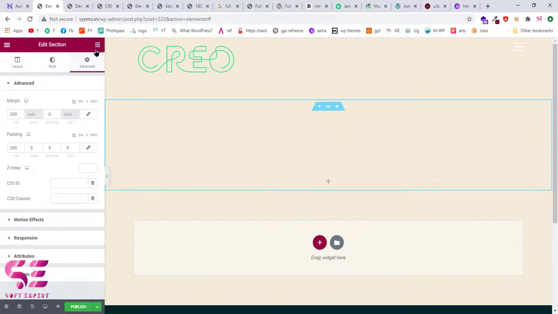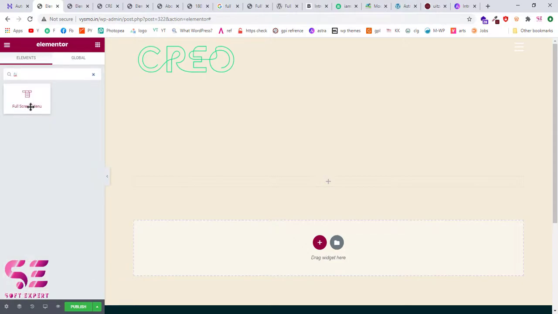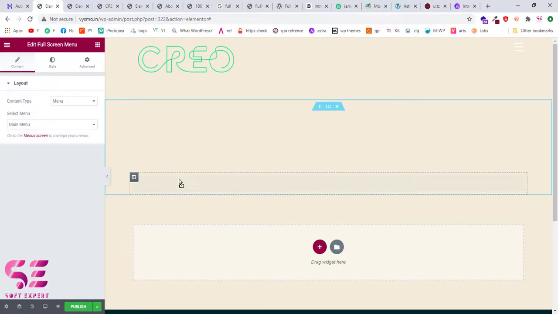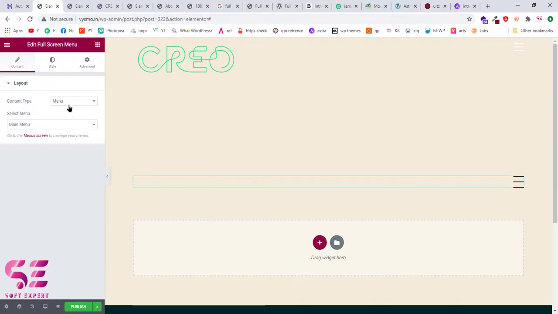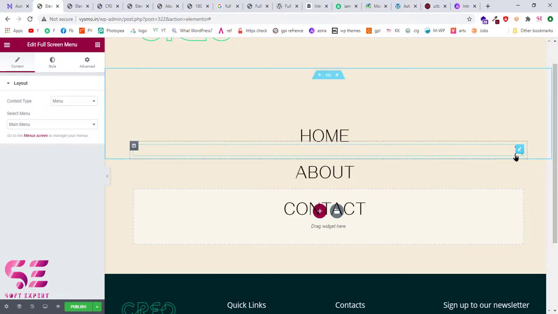Okay, now once you have installed that plugin, then you will see a widget called Full Screen Menu. So drag and drop this to the widget area and then you can select menu, saved section or saved pages. So by default it will show your menu here. Once you click, you will see the menu here.